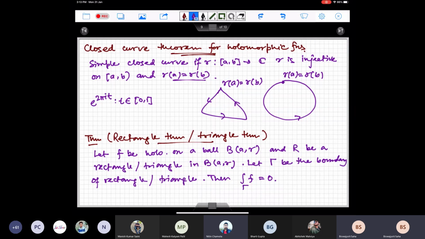It might so happen, like 1 over z square, we have seen the integral of 1 over z square over the circle is equal to 0. So there can be functions which are not holomorphic in the area inscribed by the closed curve, but still I might get the integral to be 0